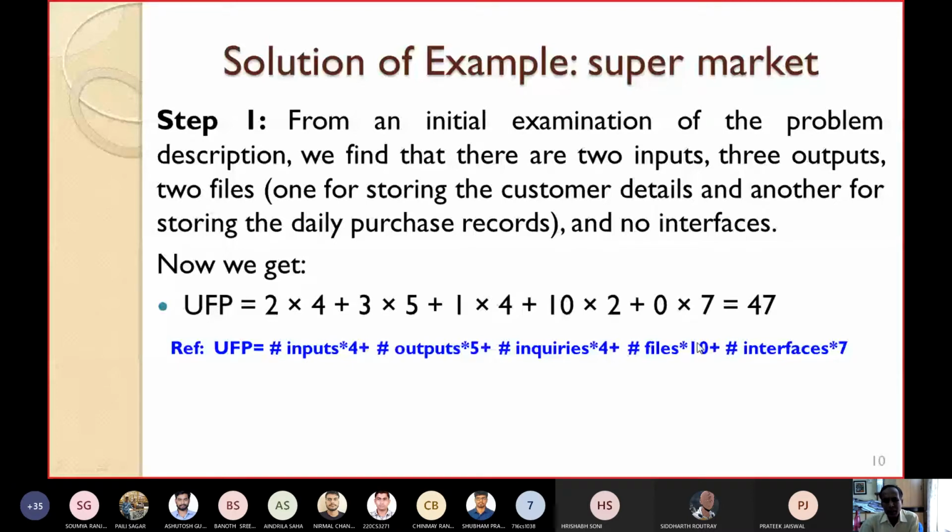For this, the values are medium, low, high, etc. And for system characteristics, it will range from 0 to 5. So don't confuse them. If nothing else is mentioned, please assume both of them are average. For average, these are the values here. In that case, the system characteristics average value is 3 for all the 14. So 14 into 3, 42.